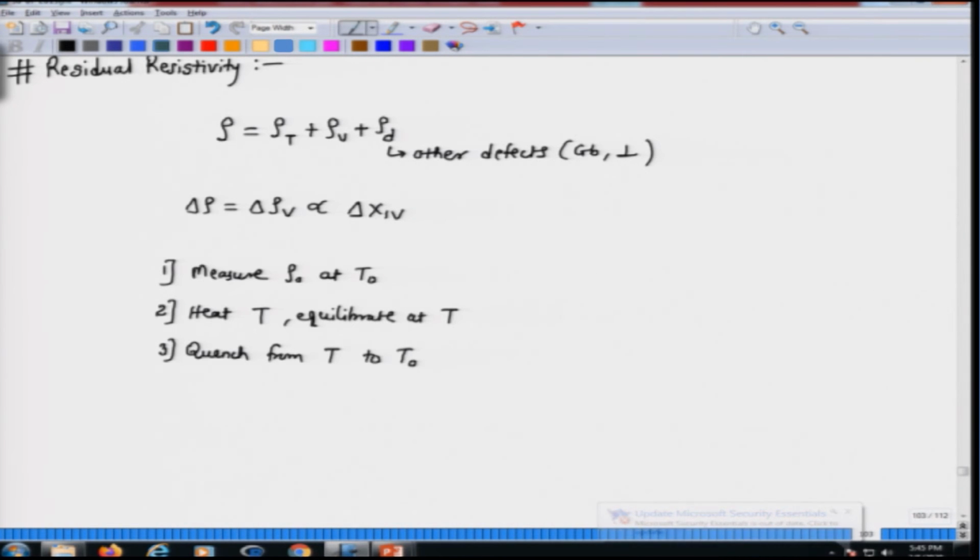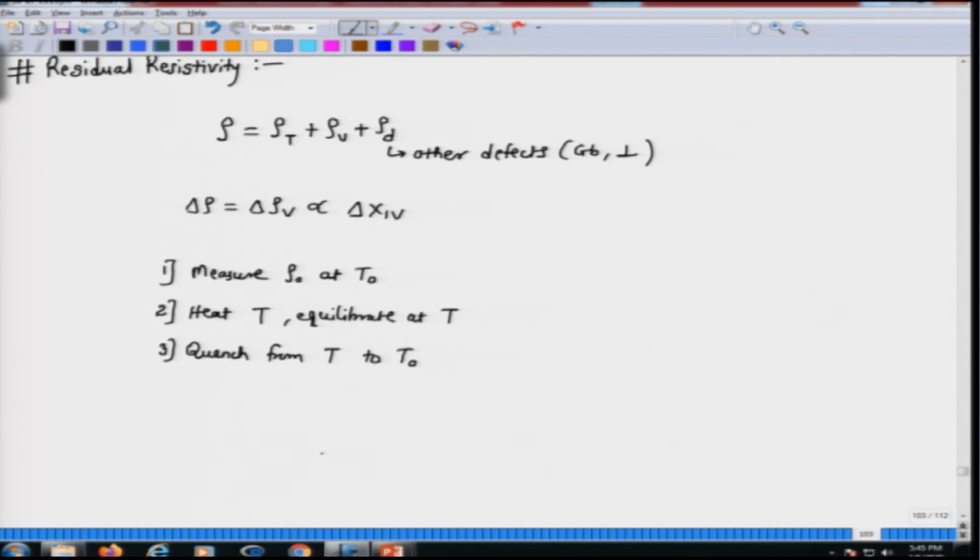Now, if the grain boundary and dislocation density is not affected,